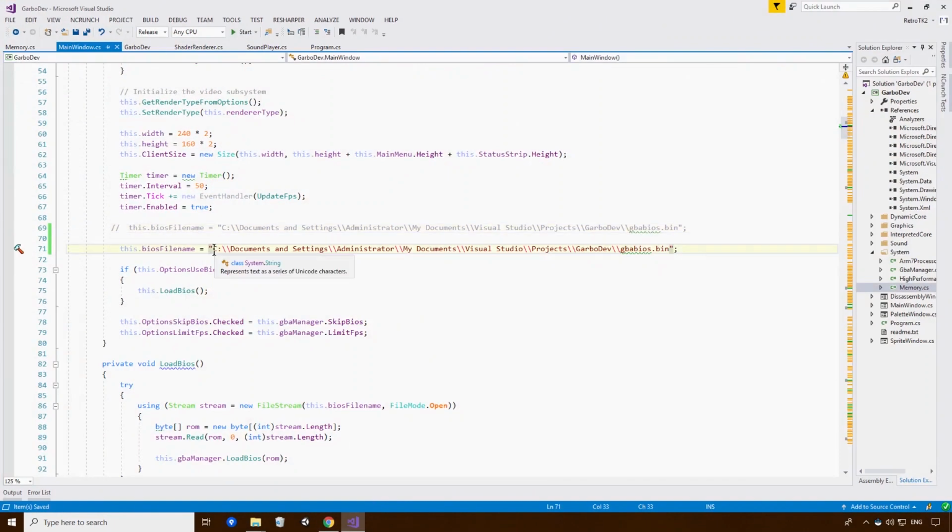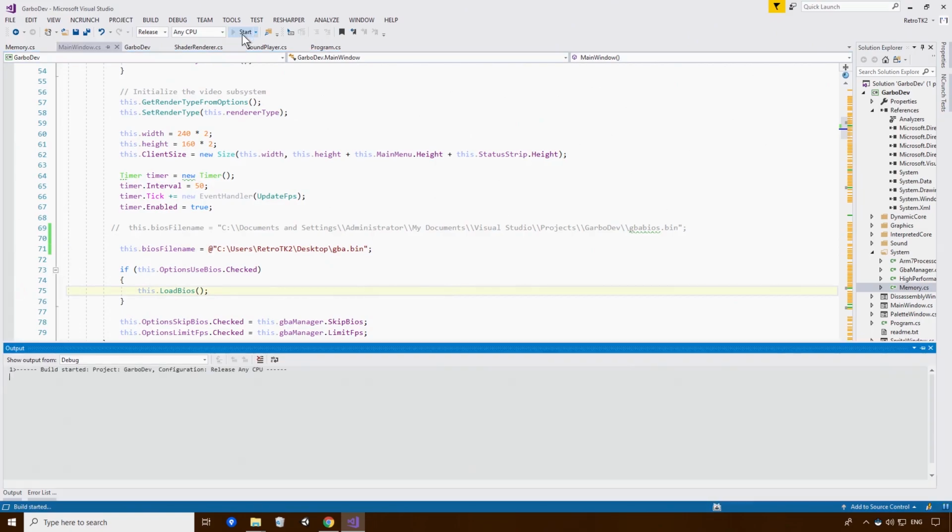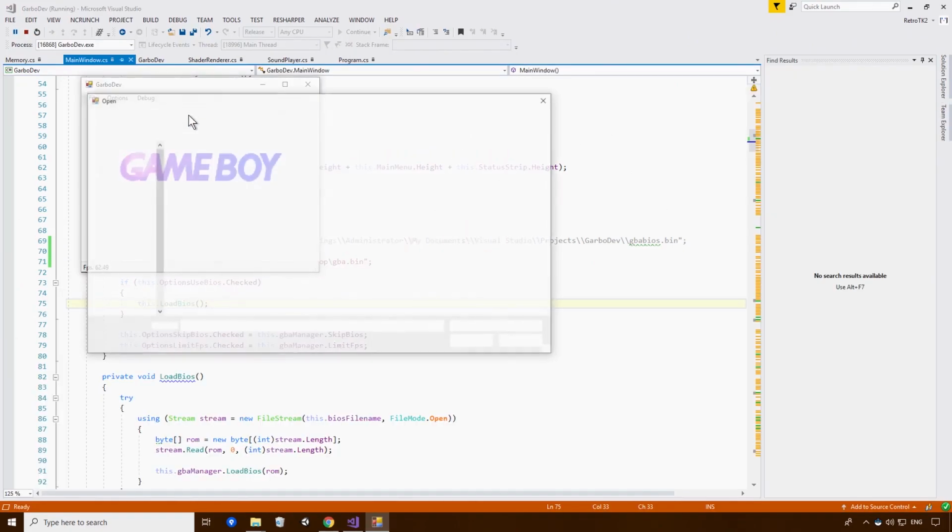We're going to use a literal string so that we don't have to do the double backslashes as he's done there. And we're also just going to put in GBA.bin. Excellent. And then save that. And hopefully if I start this up again, then it should just all work. Okay, so as you can see, it has worked